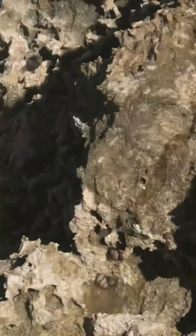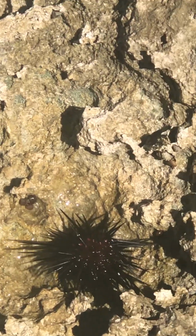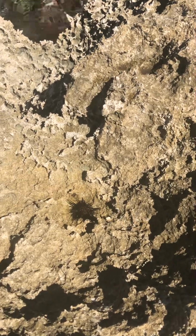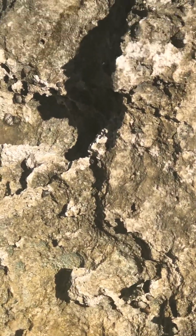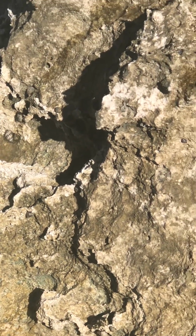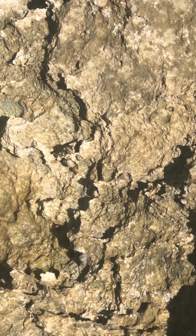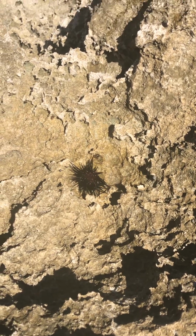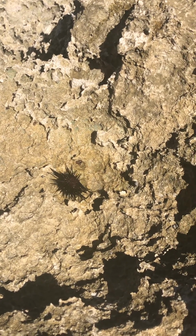Let's come back around here. We got a sea urchin up here to look at. He's moving along with his spindly, jaggedy thing so he can get back down to the sea. He just uses his little spikes to move along. At a very slow pace, but he's headed back to the sea, and you don't want to step on one